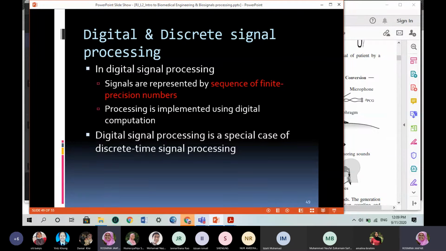So it's important to digitize the signal at a rate that is suitable without the loss of important information between data points. So you need to have an appropriate sampling frequency to digitize the signal,